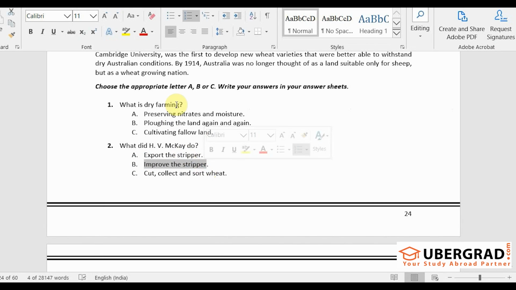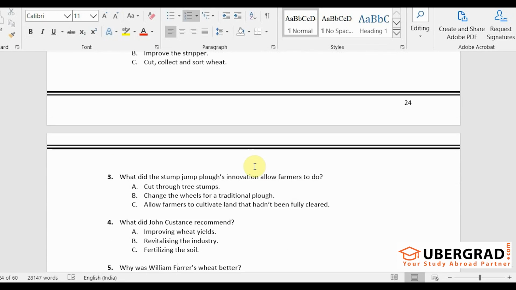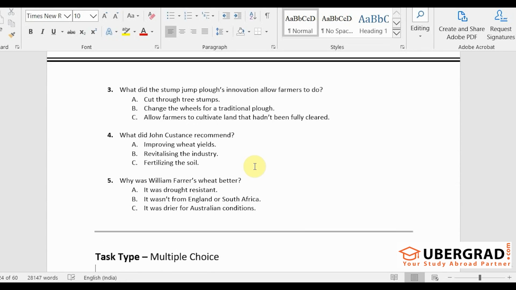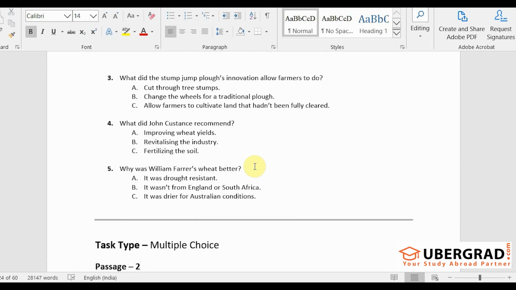Later he turned it into a business. He did not export the stripper. He turned it into a business, and with the help of this business, he started exporting it, right? So that is a different thing. But what he actually did was he improved the stripper. Okay. Now,